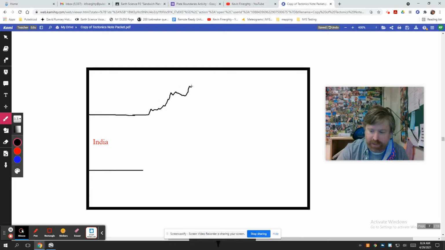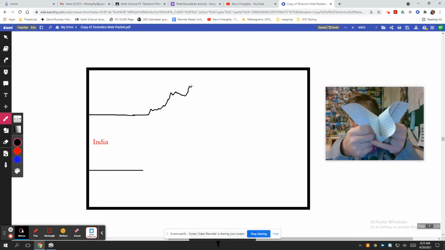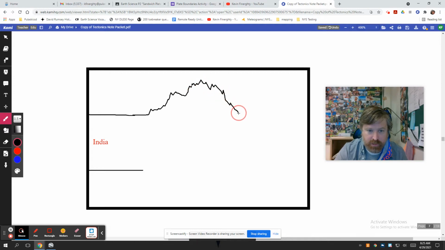big car wreck. Again, like I did with my attendance sheet on the other thing. These two are coming at each other, and they run into each other. It gets crumpled, but it thickens. Like if two cars hit each other, what happens to the hood of the car? It gets all smashed up and crumpled like this. And then up on this side would be Asia.